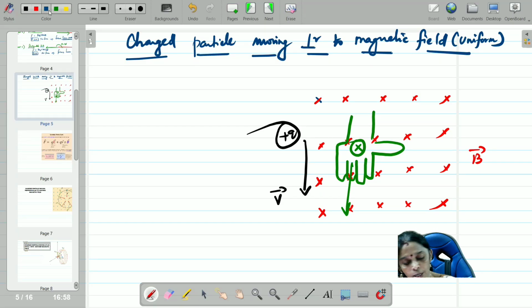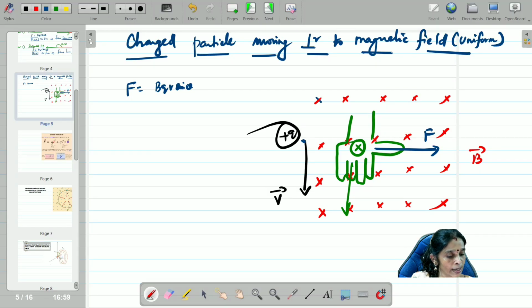So which direction is the force? This direction is the force. Do you understand, children? So that is the force. Therefore, the charged particle does not go downward. It will be pulled towards the right. Who is pulling? It is pulled by the magnetic field. Hope you understand this, children. So I have to write here F is equal to BQV sine theta. F is equal to BQV sine theta over here.